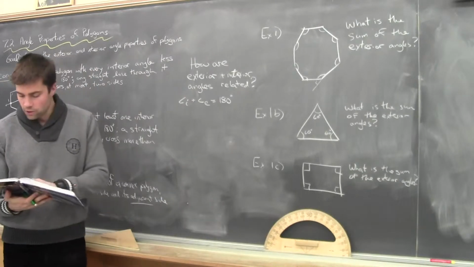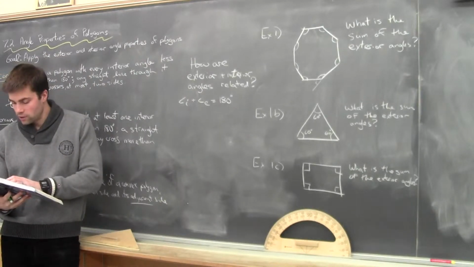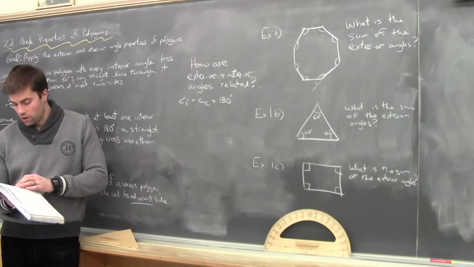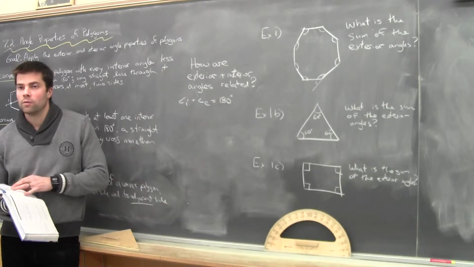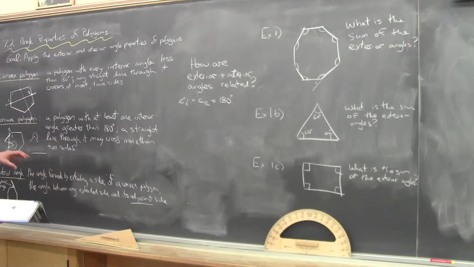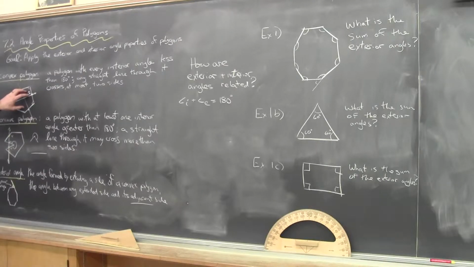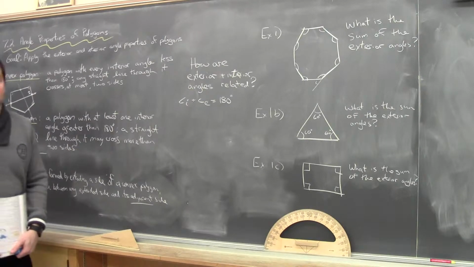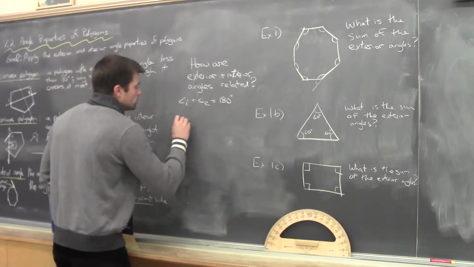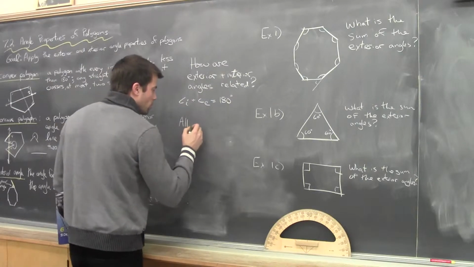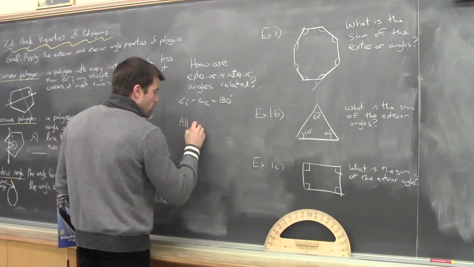What conclusions can you draw about the sum of the exterior angles of any convex polygon? Anybody get that far? So of a convex polygon, which we know looks like this, what conclusion can we conclude about all the exterior angles? Yeah? 360. Good, so very good. We're gonna show that again. So if you don't remember that, we'll show it again. All exterior angles